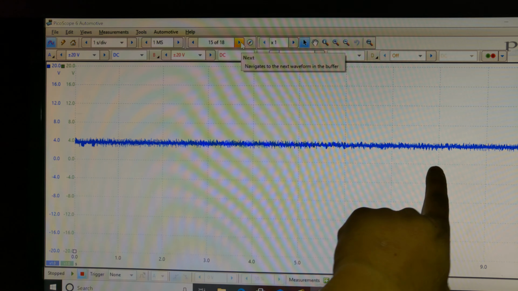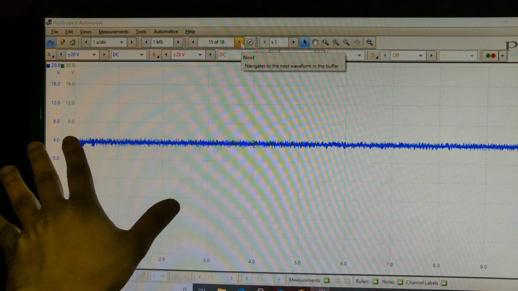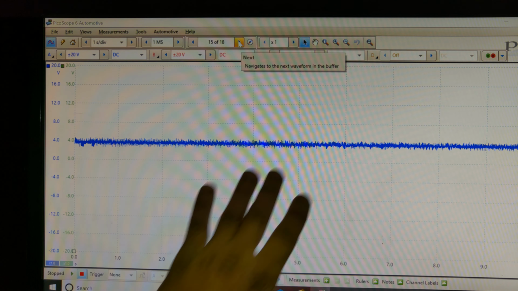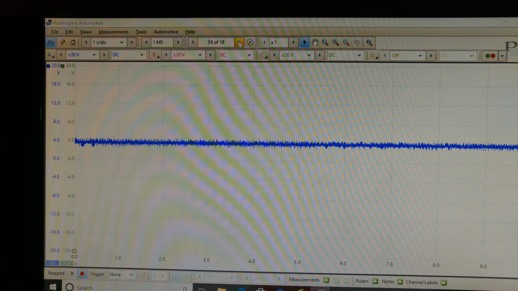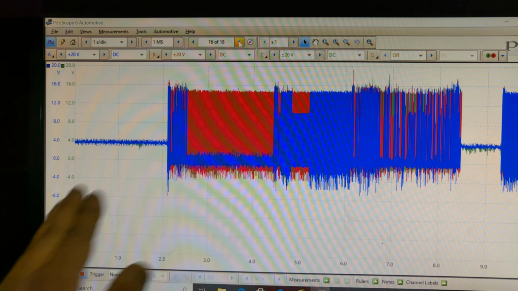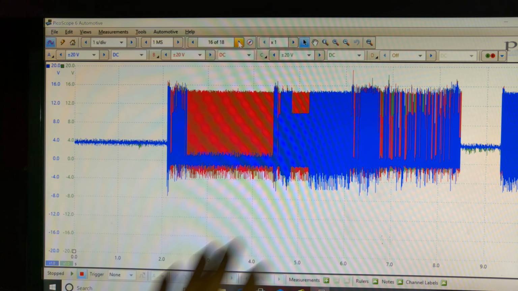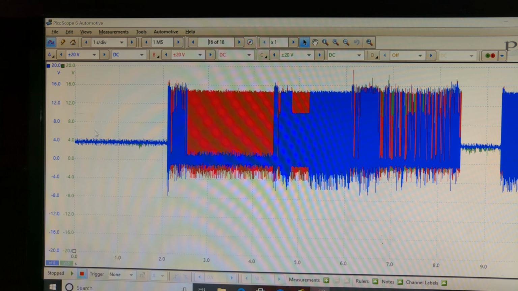Car's still running. But this actuator is doing nothing, it's still staying around 4 volts, but there's a lot of interference there with the alternator. I'm not too worried about it. Let's just keep going to the next frame, and you see a lot of activity happening, red, blue, green, all the channels. So we can separate this